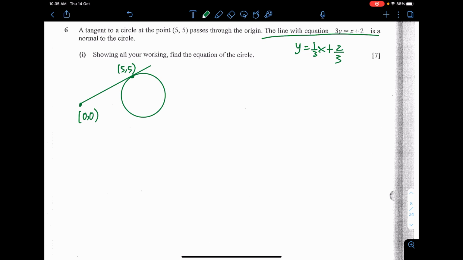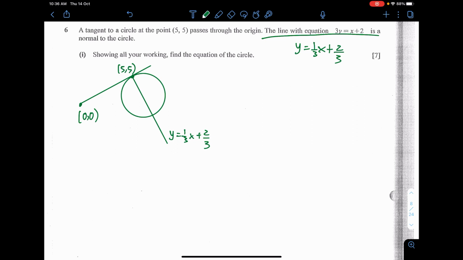This is actually a little bit ambiguous. I don't think they really explain it properly. But what they say is, actually, they meant that this line crosses the normal to the center of the circle. Okay, I believe so lah. Otherwise, I don't think there is any use of stating this line is normal to the circle. Okay, so another line that is normal to the circle. This is y equals 1 over 3 x plus 2/3.